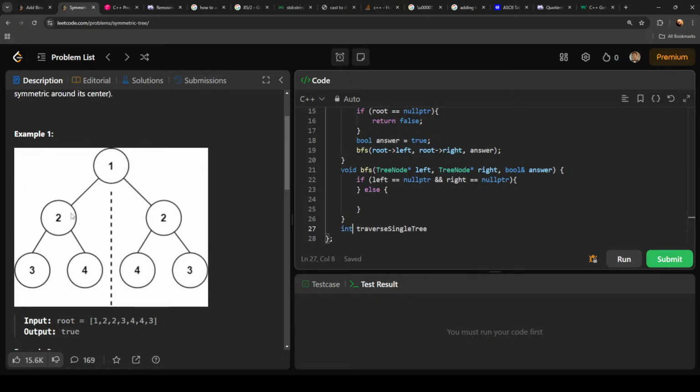So here the right needs to equal to the left, and the left needs to equal to the right. So traverse single tree,